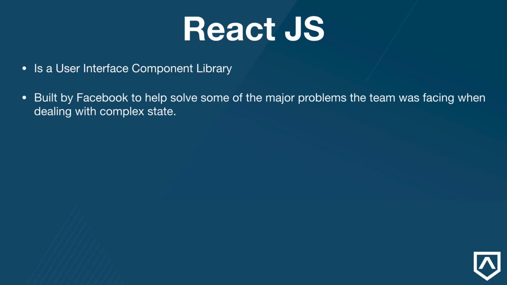React.js was built by the team at Facebook to help solve some of the major problems that the team was facing dealing with complex state. Every single web application or web page has some sort of state data that it's concerned with, right? What the user is going to be interacting with on your web page. And your application gets into what we call a certain state. And how we transition from one state to another is basically what gives us the functionality of our websites and